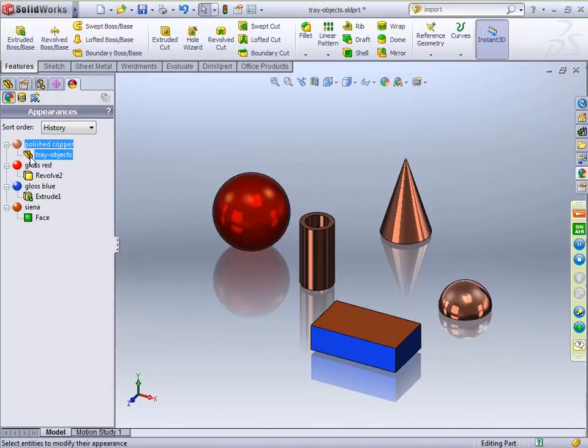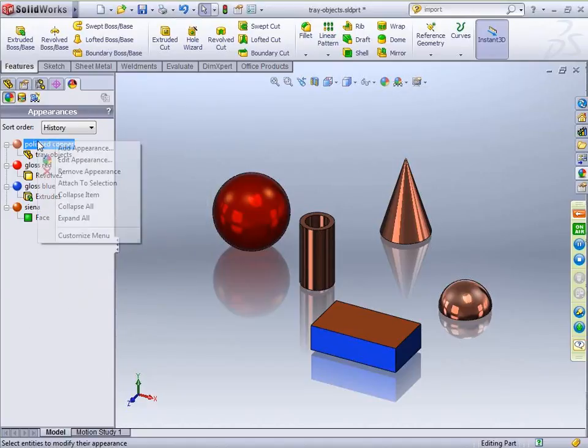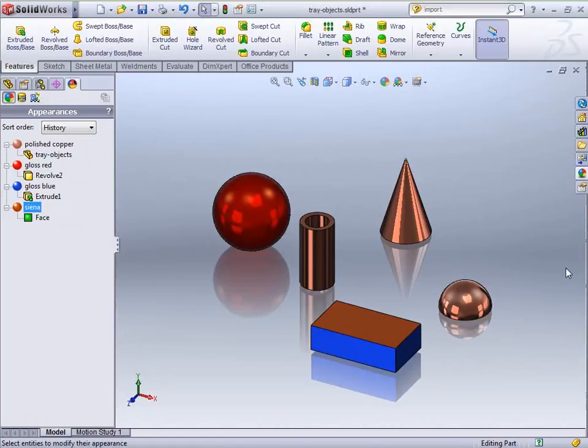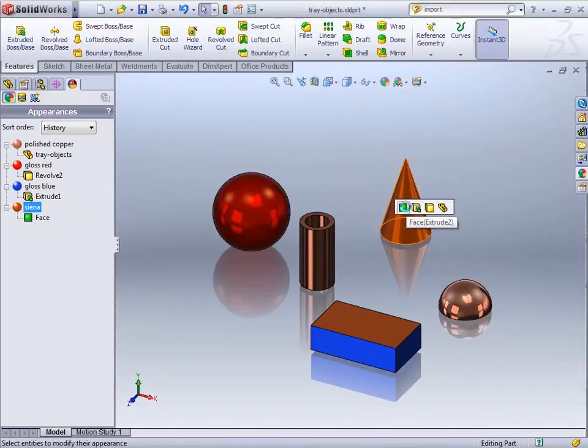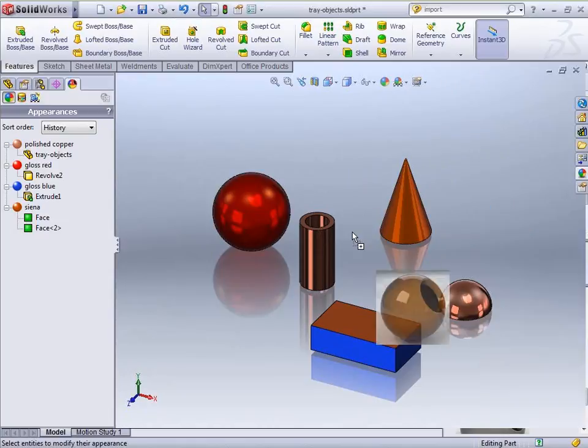So it's telling me a history of how I'm putting it in, in the exact order I put it in. So it's a really nice way to follow what someone's done to the model, where things are applied. This is a great snapshot of where things are applied on a whole level. If I want to remove an appearance, and there are 5 things applied to it, let's go back to this one. That was sienna. Let's add that to another face here, and we'll add it to one more face over here